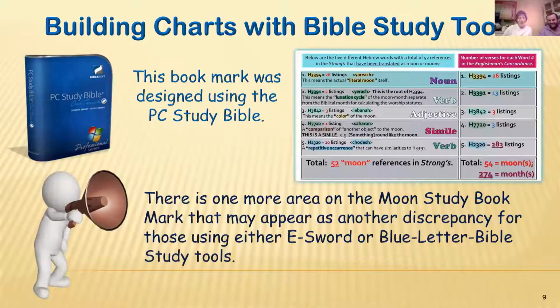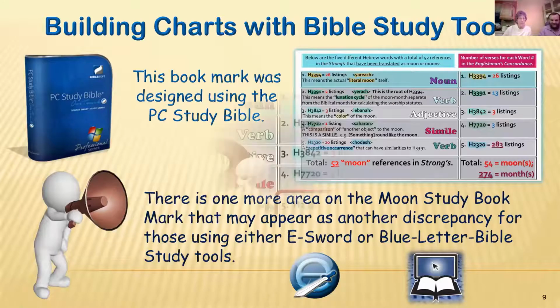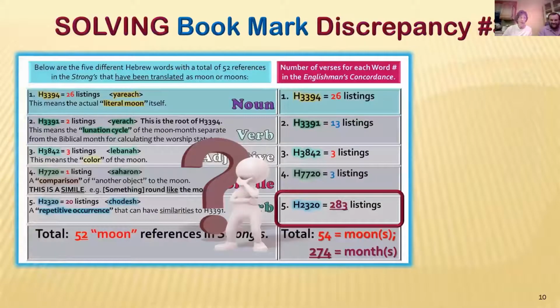There is one more area in the Moon Study bookmark that might appear as another discrepancy for those that are using either eSword or Blue Letter Bible study tools. So I want to show what that is. And if we're using a different study tool than these two, you'd have to go and check it out and see what's happening there. Okay, so I'm calling this bookmark discrepancy number 3 because this is the number right here,